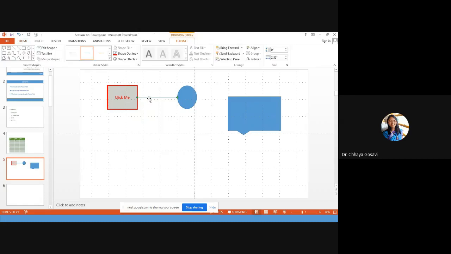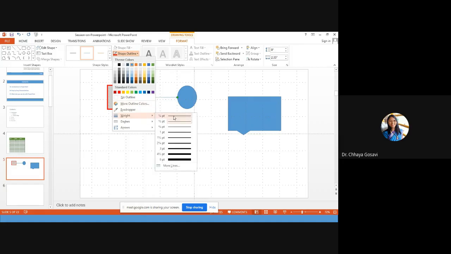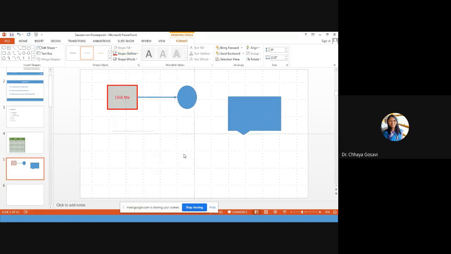Then for arrow, I want thick arrow. Again, go to the outline, add weight to this arrow. Arrows, if you click here, you can see there are two green dots. These green dots allow me to change the length or direction of this arrow, either from front or back.